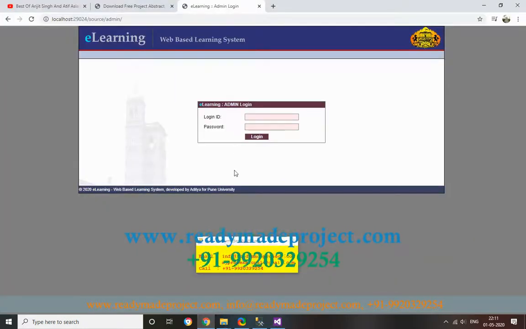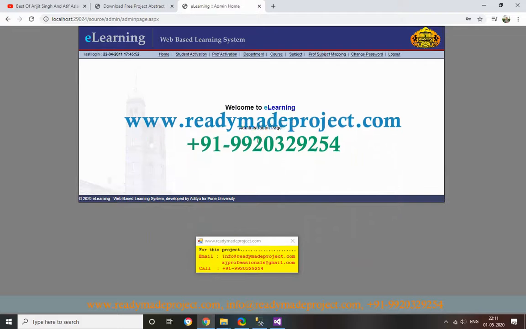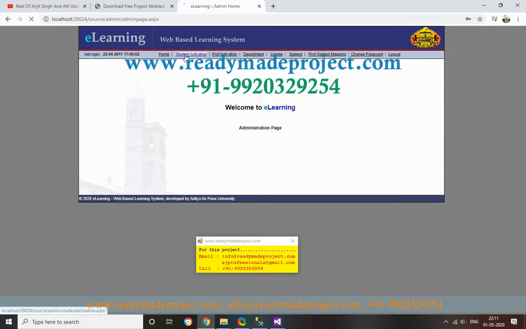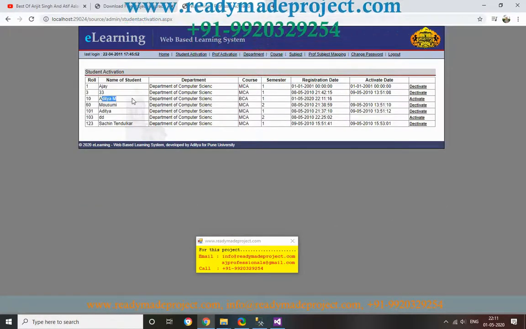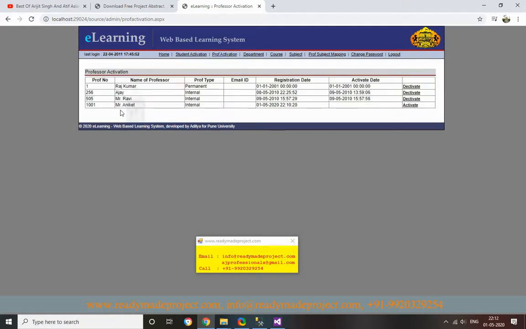Next, student activation. This new student is added but not activated yet, so I click on the activate link. Now it is activated. In the same way, professor activation. This is my new professor, so I activate it. Now these two are active.